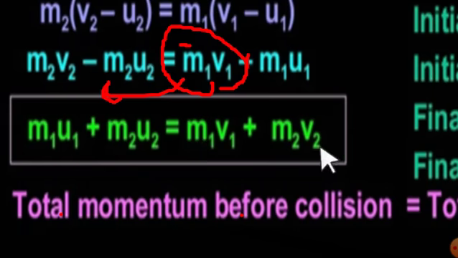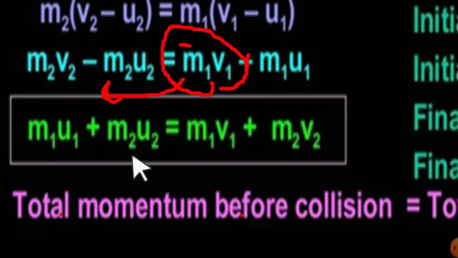And this on the right hand side, what are these? This is the momentum of the bigger car after collision. So after collision its velocity will change, this is the final velocity of the bigger car, right? So this will be the momentum of the bigger car, and this is the momentum of the lighter or smaller car after collision, got it? So these are nothing but the sum of momentum of the two cars before collision, and the sum of momentum of the two cars after collision.